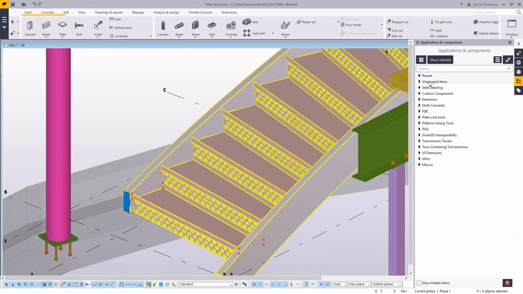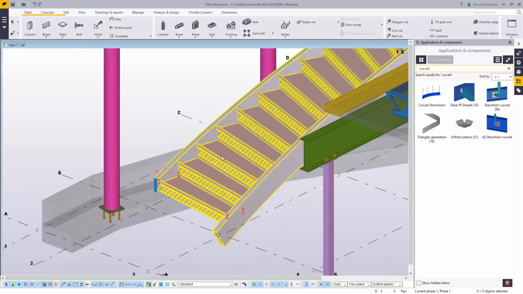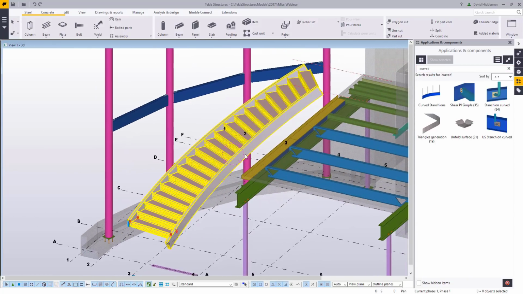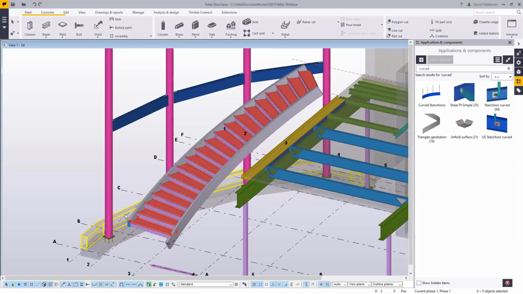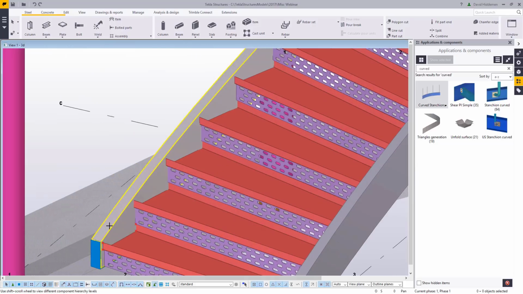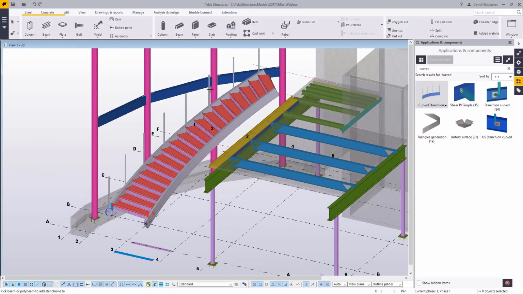And the last thing I really want to show you is another tool that's available on the warehouse. This one creates my curved posts for me. So again, because of the complex geometry, the regular straight stanchion tool won't apply to that, but we do have a custom extension that's available in the warehouse called curved stanchions. All you have to do with this guy is pick on that curved member and it will create equally spaced